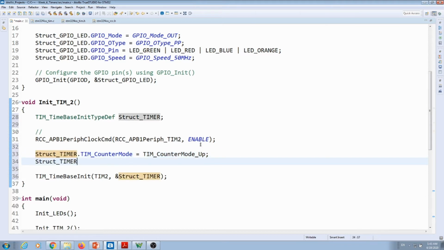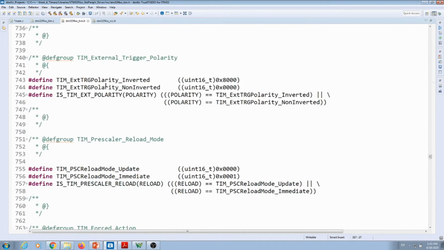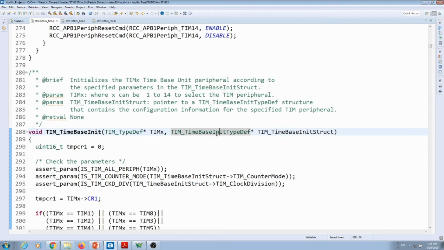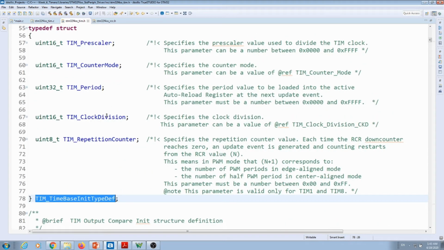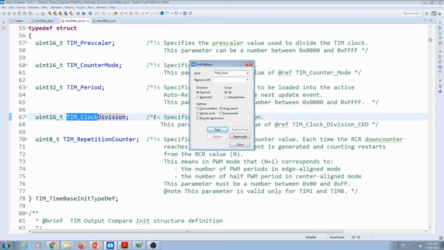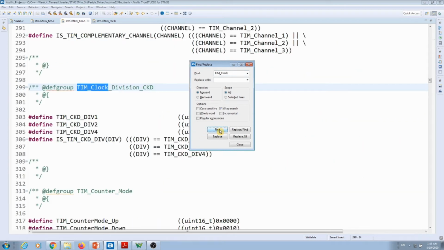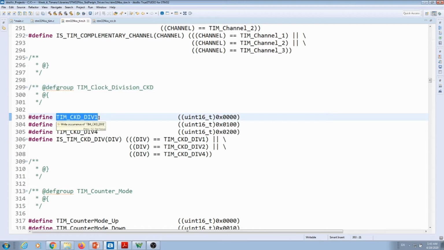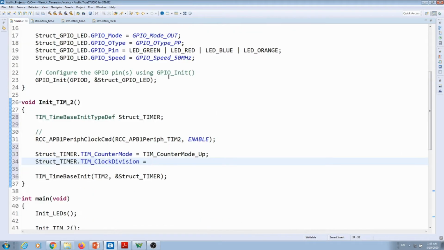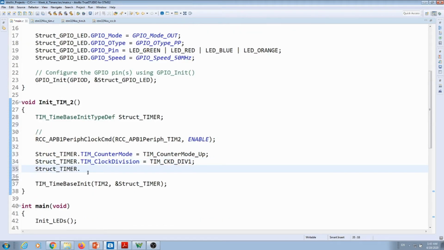Alright, let's keep going. Clock division. Instead of randomly trying to find that, going back to my declaration here, we have our clock division. So I'm going to try to find something with these words. So Control F, find these. And now I just press find, and I have different divisions. I'm not going to use any division for that one. Division 1. Let's now define